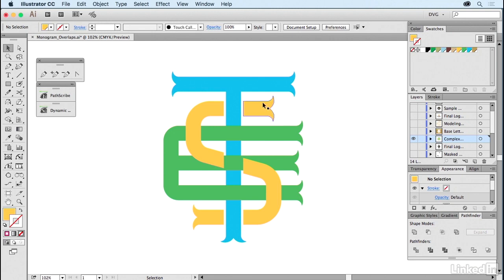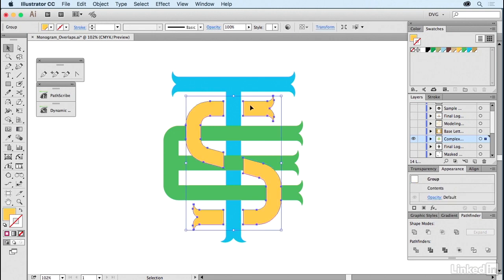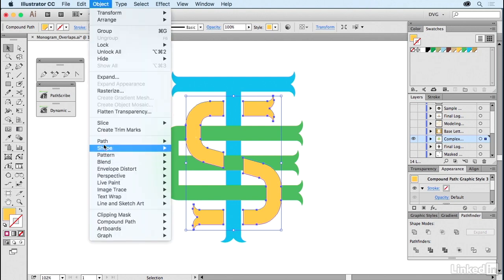And the nice thing about this is on the S now, because it goes under the T, the next letter, it's going to go over the T. So that's all you need to remember. Wherever it starts at, the corresponding overlap is going to be opposite of it. So this goes under the T. So this S shape will go over the E, in which case we just do the same principle of a